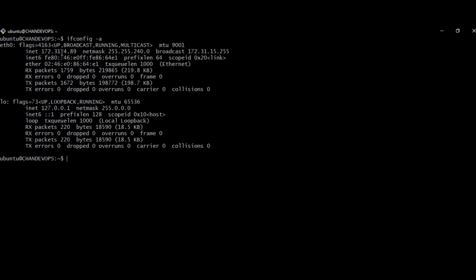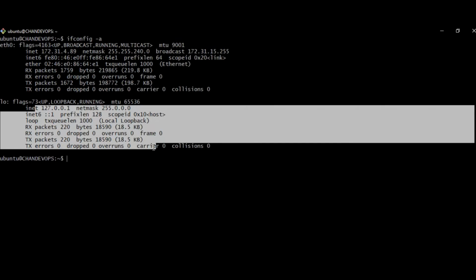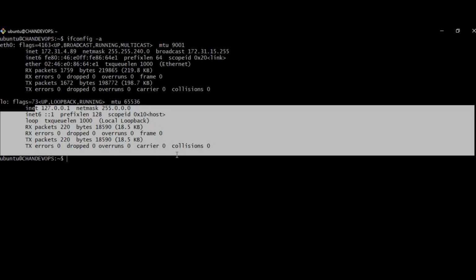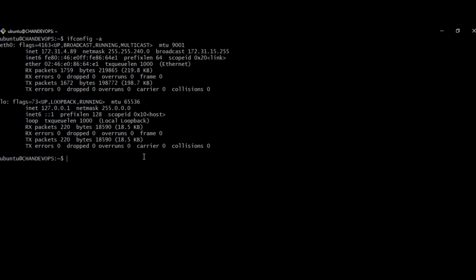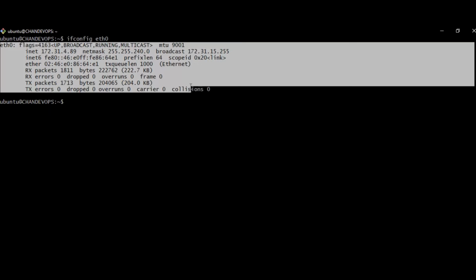We can see here the IP of the server, netmask, broadcast, ethernet, and all the information of my networking configuration. And if I want to see the ethernet connection of my server, I use ifconfig eth0. By using this command I can see the information of my ethernet.